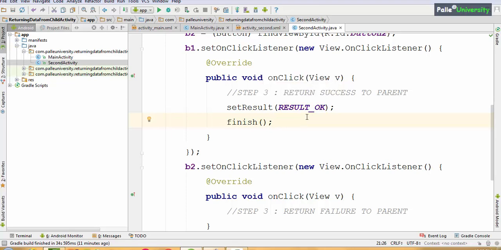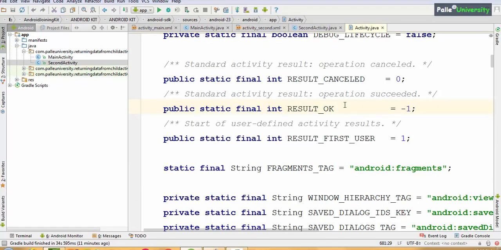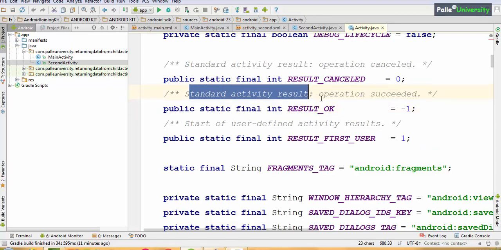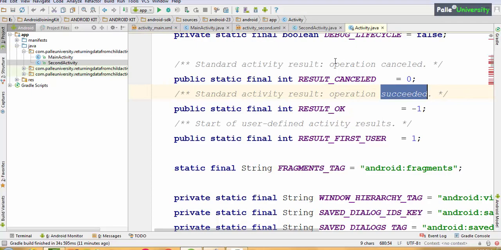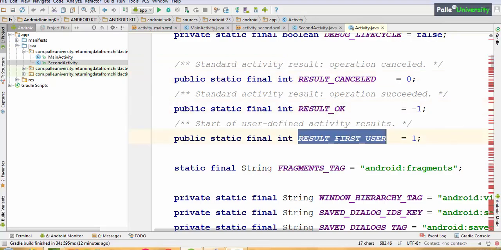If you want to open that, click with your mouse while pressing the Ctrl button. You can observe here, this is a standard activity result which a programmer should follow to tell that the operation succeeded. To tell failure, we should use result cancelled. Result cancelled 0, result OK -1, and result first user is 1. This we will use later, not now.